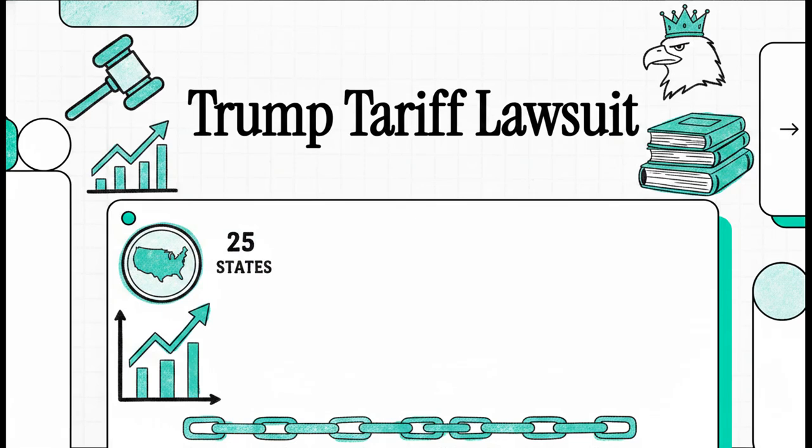Welcome to This Explainer. We're jumping right into a massive, rapidly unfolding legal battle today. We're looking at a huge clash between a coalition of 25 U.S. states and the Trump administration over some really sweeping new global tariffs. If you've been tracking trade policy lately, you know this is an absolutely crucial moment. So we're going to break down the facts, neutrally examine the legal arguments from both sides of the aisle, and look at the broader economic ripples this whole thing is causing. Let's get right into it.